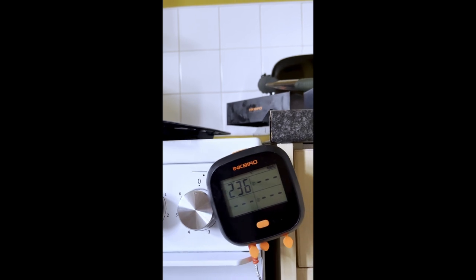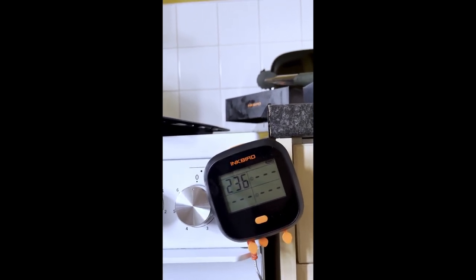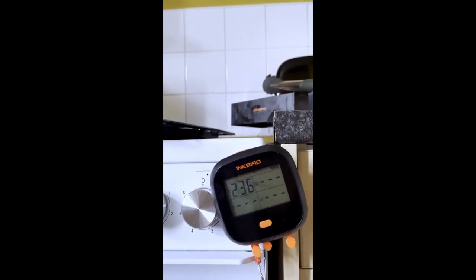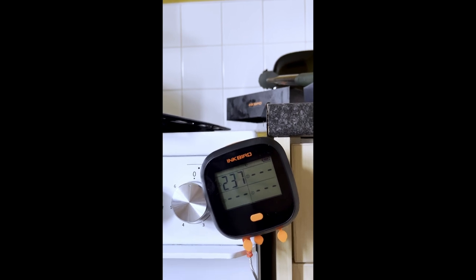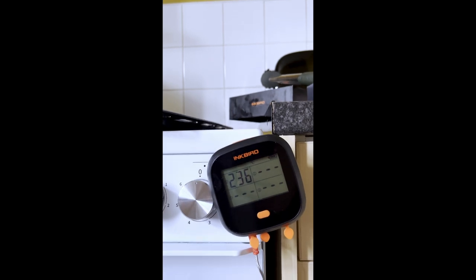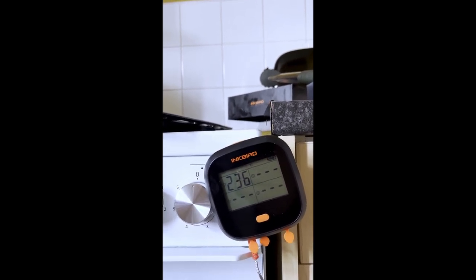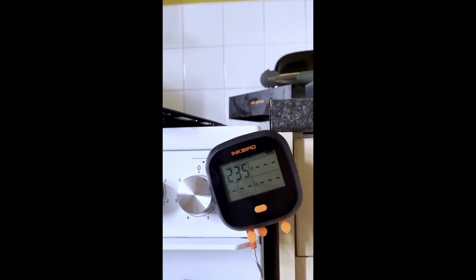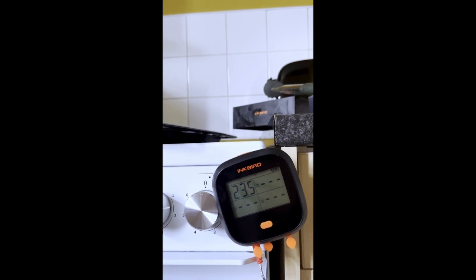And then the external fan seems to kick in at 236. So I imagine that external fan must pull the air out of the oven faster. See, that's on its way back down again, so 236 seems to be where it's set to start taking out that hot air. So that side of it seems to be working fine. So I'll leave this for now, three times to switch on and off, and then I call it quits,